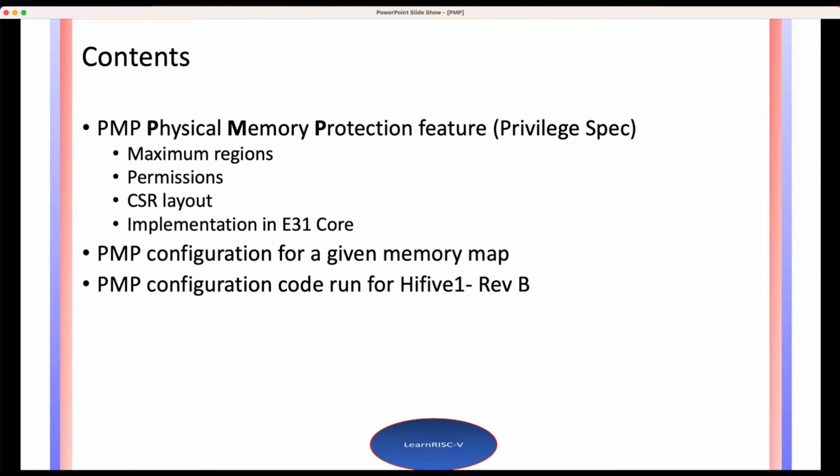This is part of the privileged spec in RISC-V, which talks about the maximum number of regions a RISC-V core can support, what all the permissions are that each region can be provided, and the associated CSRs, or control and status registers, and their layout,